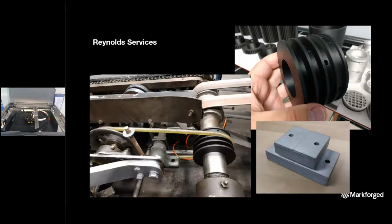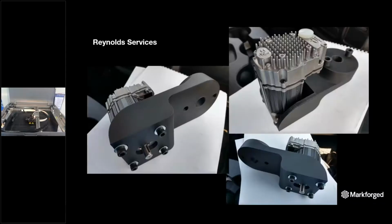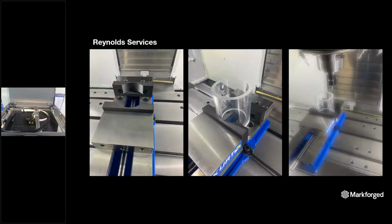And they're doing things like pulleys, also motor mounts. They have new motors going onto these machines, and they 3D print the motor mounts. And they just do the standard